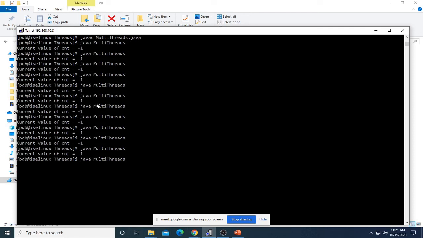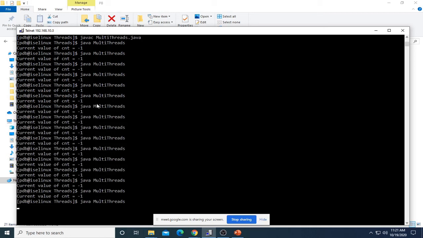Now, no matter how many times I run this program, the output should always be -1. Even if you run this 1000 times, not even once should you get any other value apart from -1. That is guaranteed now, because each of the thread objects is acquiring a lock on the common, single shared resource, and hence when one thread object is doing some modification and changes to the shared object, no one else can use it, and hence there will not be any erroneous output.